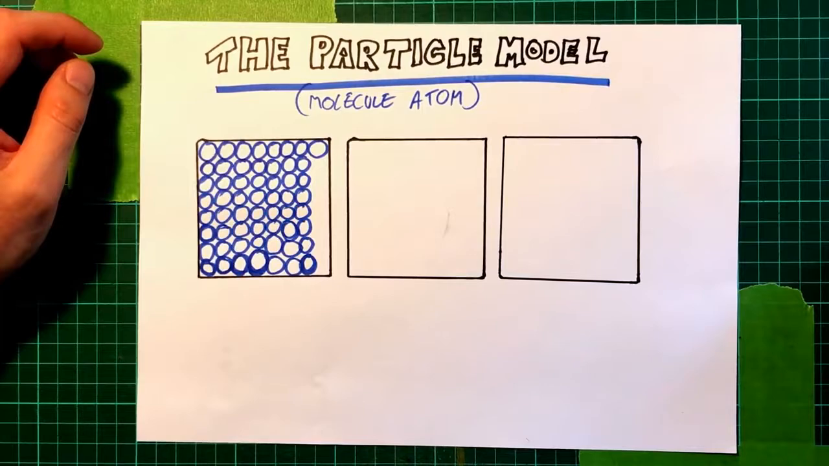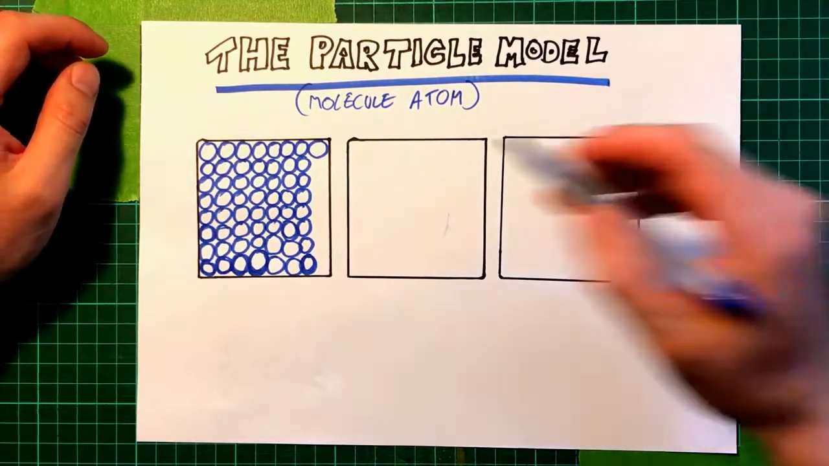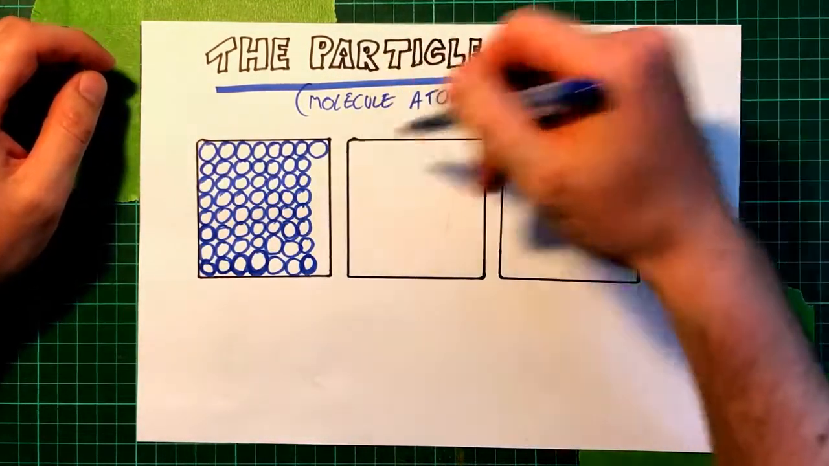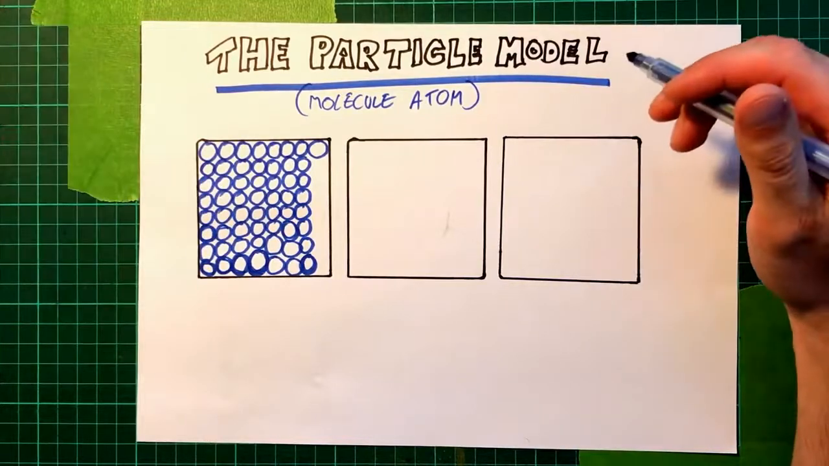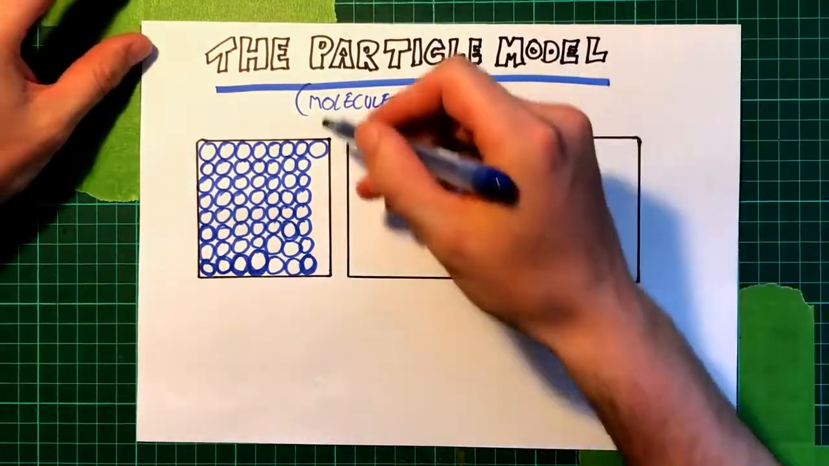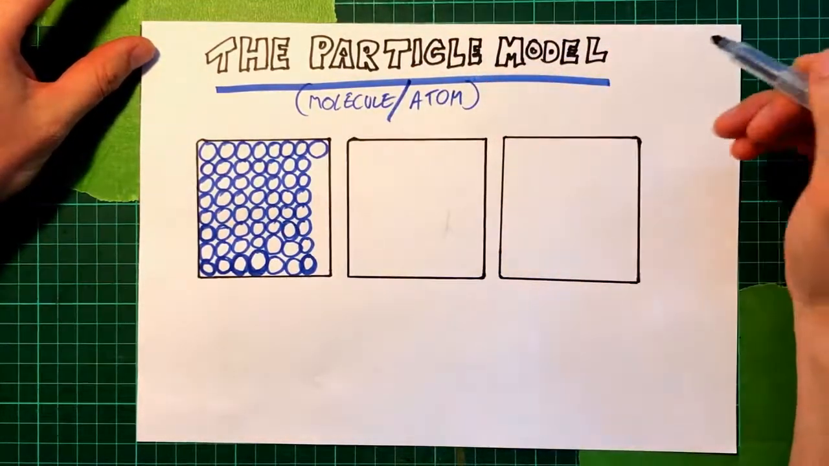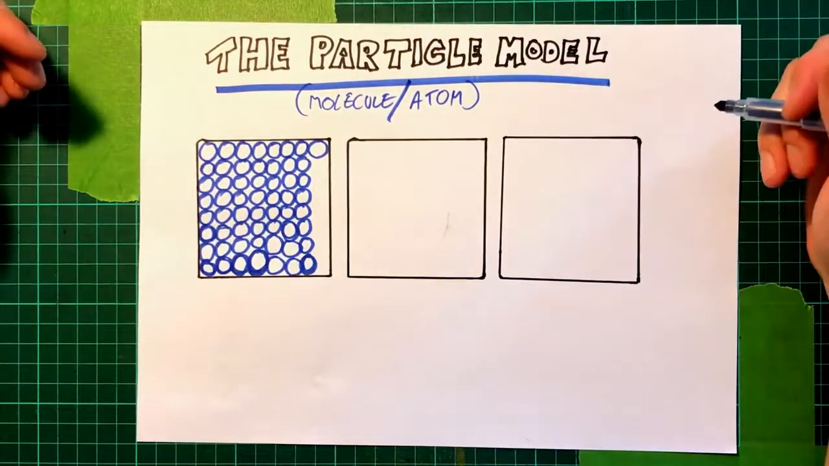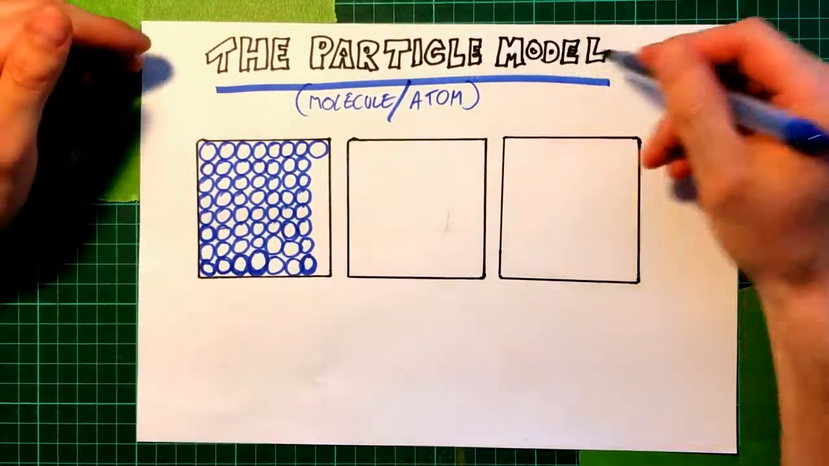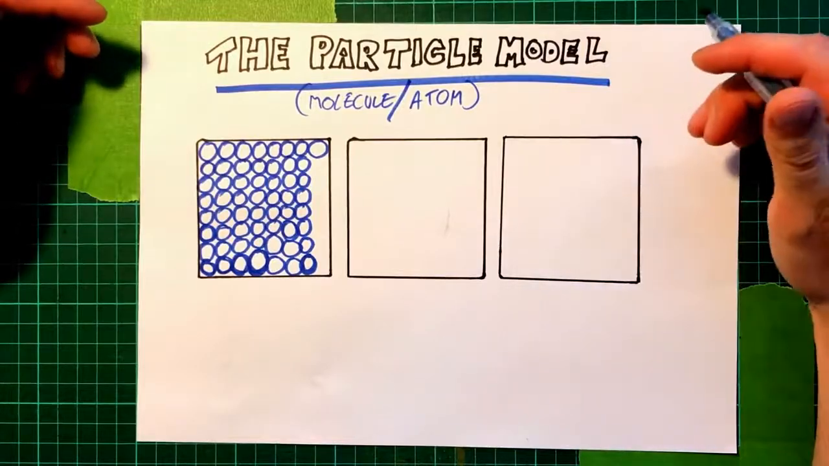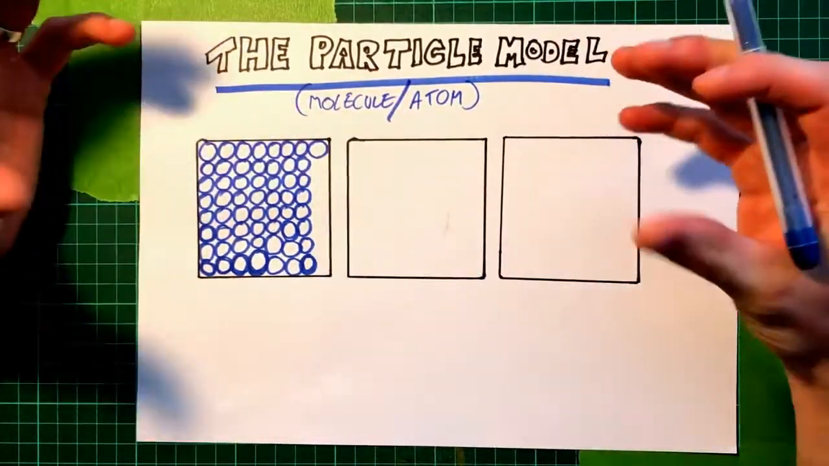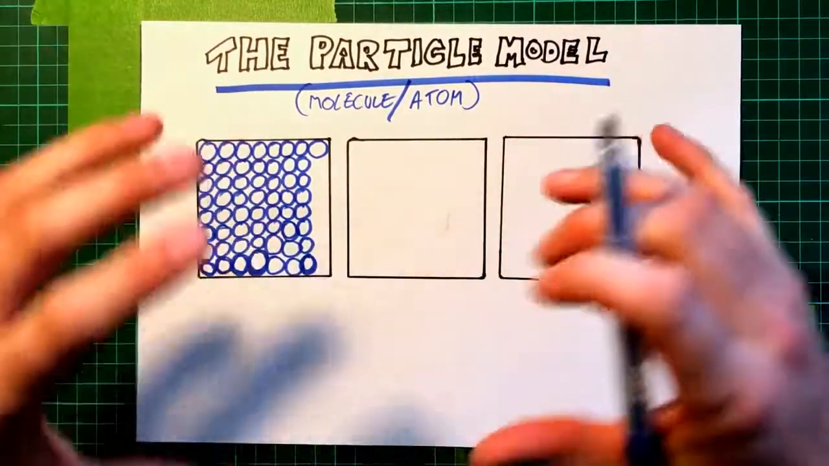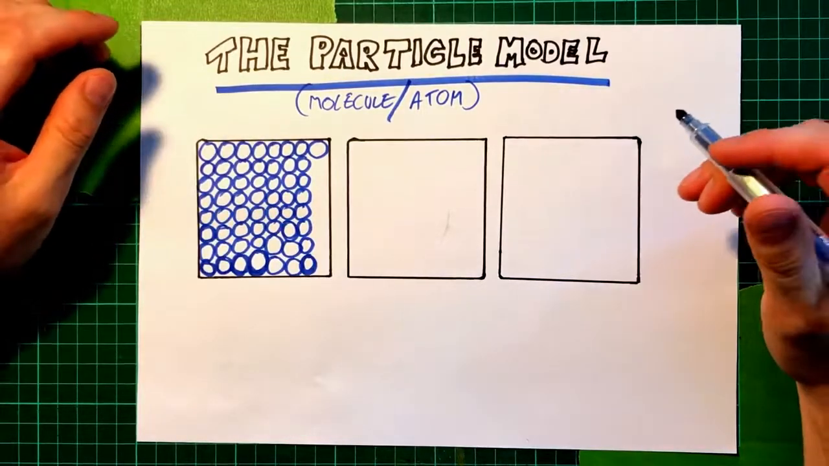So welcome along to Science Sketchbook's video on the particle model. A particle, for the purposes of this video, will be defined as a molecule or an atom. There are obviously differences between the two, but this is just a model, it's just a representation. So this is not exactly what you'll see under a microscope, but this is a zoomed in version of